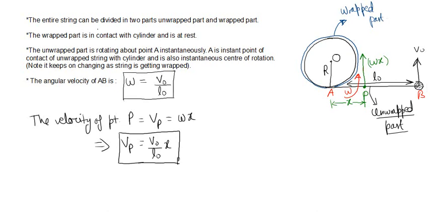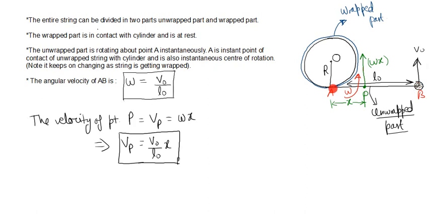So the angular velocity of this string AB at this instant can be calculated. It will be equal to omega, and this omega will be equal to V naught by L naught. V naught is the velocity of this end, and this has to be equal to R into omega. So the radius of the instantaneous circle is L naught for this particle B. So the particle is moving in a circular path instantaneously with center at A.